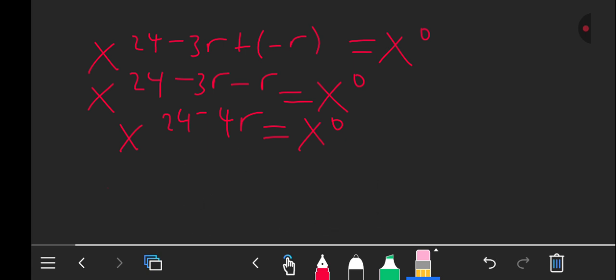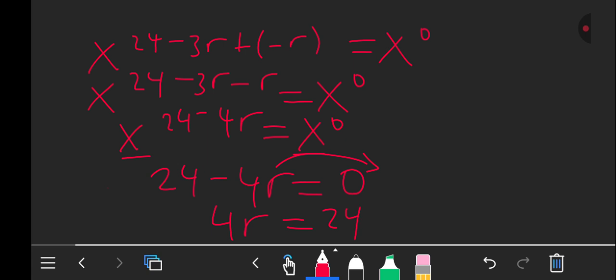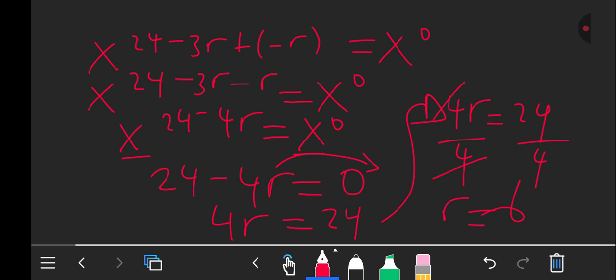Then I can find the value of r. Since the bases are the same, it means that even the powers 24 minus 4r is equal to 0. I can take this 4 to the other side, so I'll have 4r is equal to 24. I can now evaluate the value of r. Since I have 4r is equal to 24, I can divide both sides by 4. 24 divided by 4, that should give r is equal to 6. I've now evaluated the value of r,